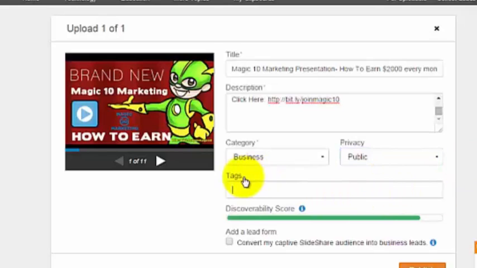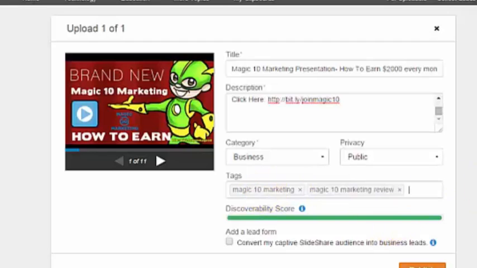Then go to the tags box. There's a box wherein you can put the tags or the keywords. The main keyword is Magic 10 Marketing. So just put here Magic 10 Marketing or Magic 10 Marketing review.